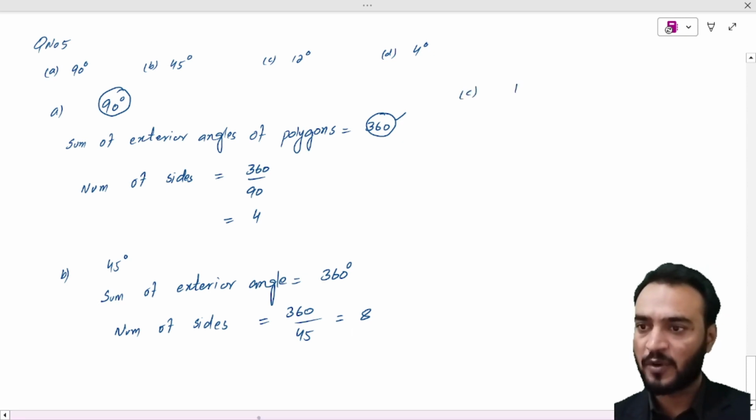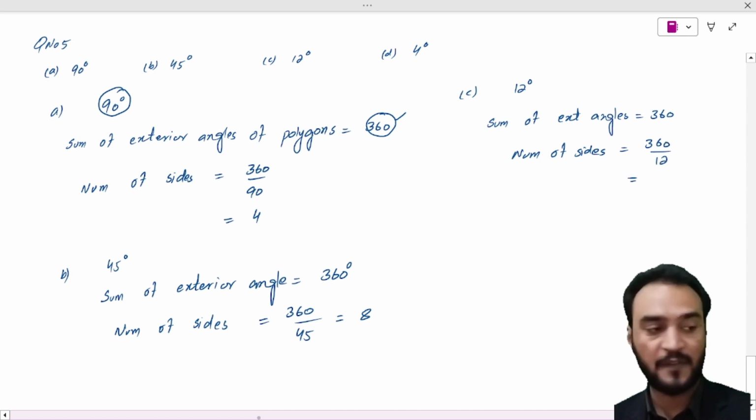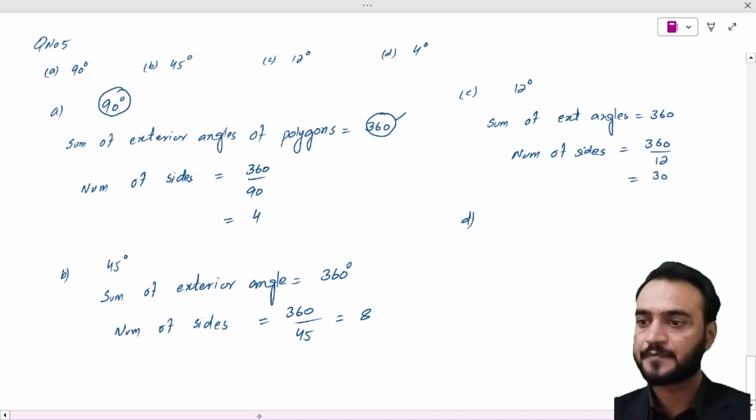Part C is 12 degrees, that is each exterior angle is 12 degrees, and the sum of exterior angles is equal to 360 degrees. For the number of sides, we divide 360 by 12. Dividing 360 by 12 we get the number of sides, which is equal to 30. So this polygon has 30 sides, and part D is